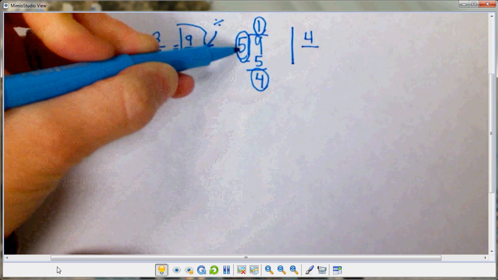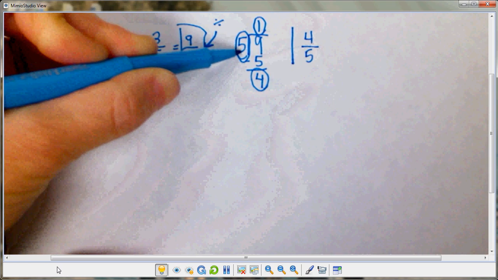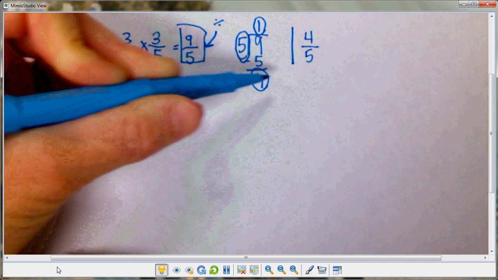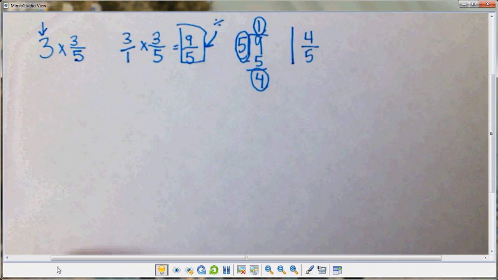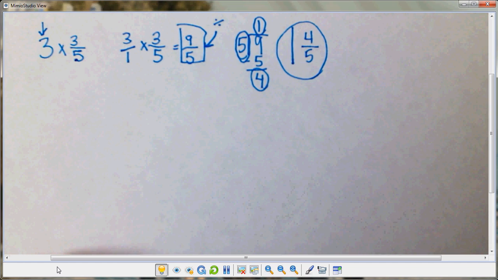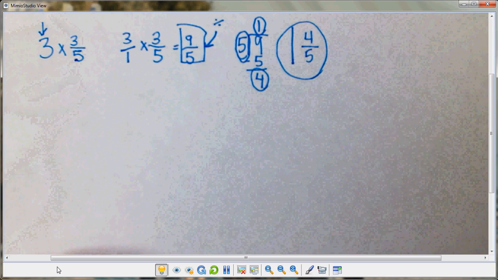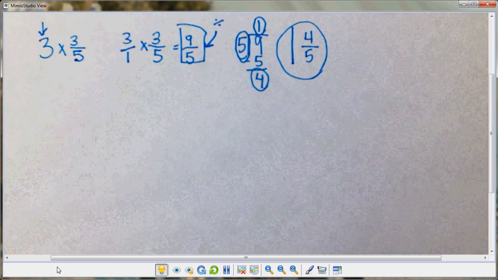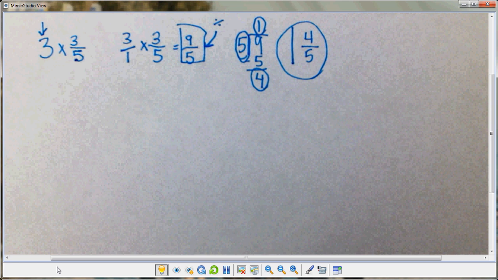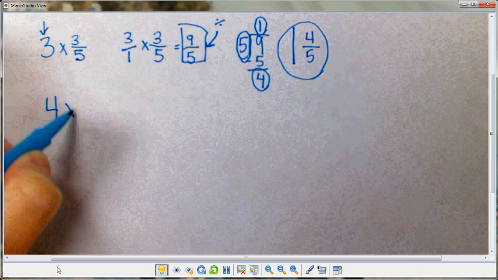And your denominator will come from over here, which if you ever get confused, you know that the denominator starts off and ends as the same thing. So your final answer will be 1 4/5 for this problem of 3 times 3/5. So that is how you multiply a whole number times a fraction. And we'll just do a couple other ones a little bit quicker, just in case you need some help with those. Let's do 4 times